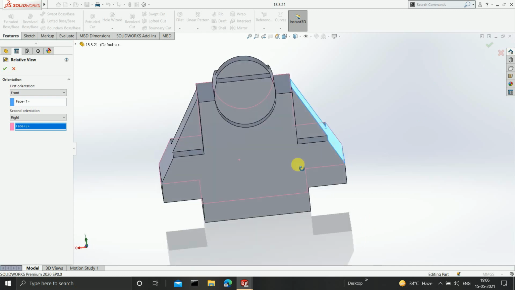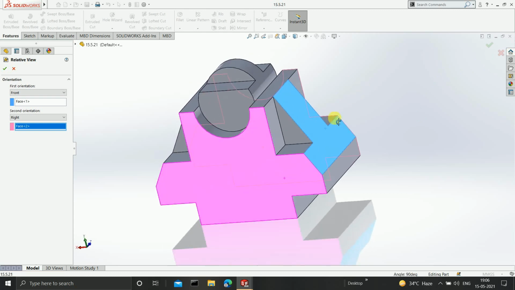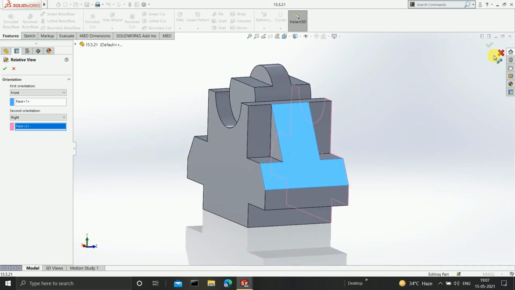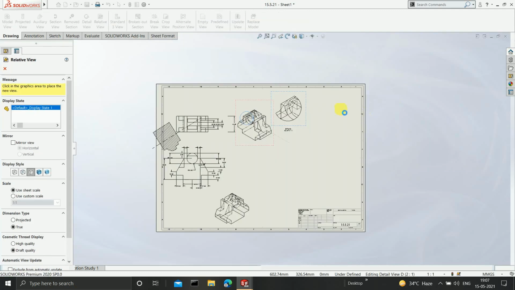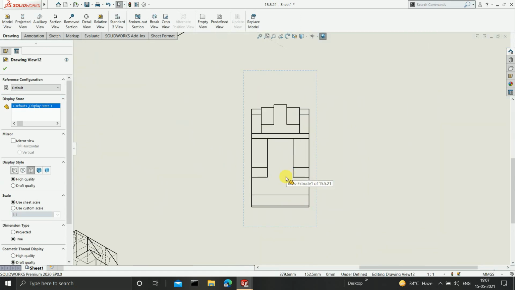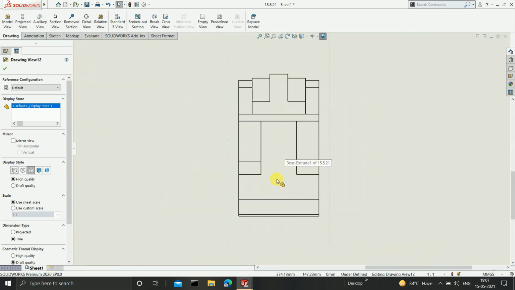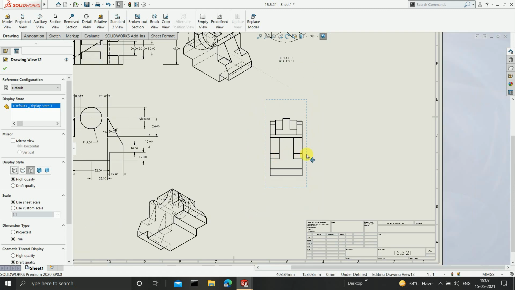This is a slant plane, and the view that we will get will be normal to it. So I'll simply click on OK, and here you have got a view which is normal to the plane that you had selected. See, now we are also getting the true length of the dimensions which are lying in that particular plane. Can you see? So this is also a very important tool. You will get a view at your angle. Okay, so this is the basic meaning of relative view.